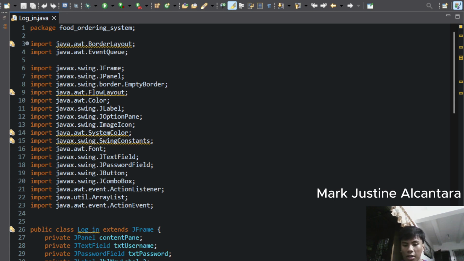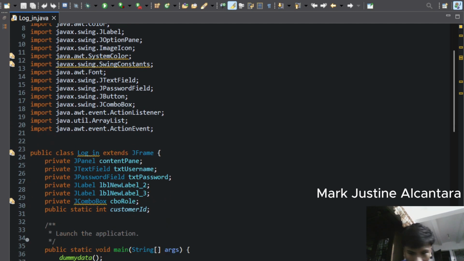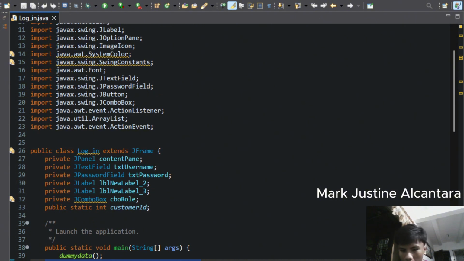It is crucial so the GUI doesn't freeze. From line 43 to 47, we create and personalize the frame. Then line 47 centers it, so nice and tidy.